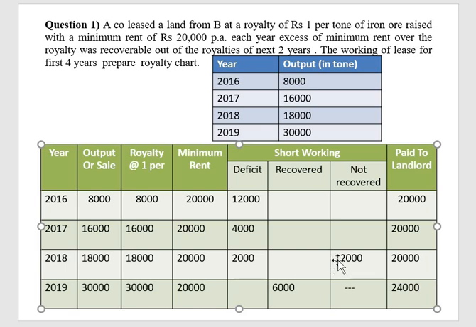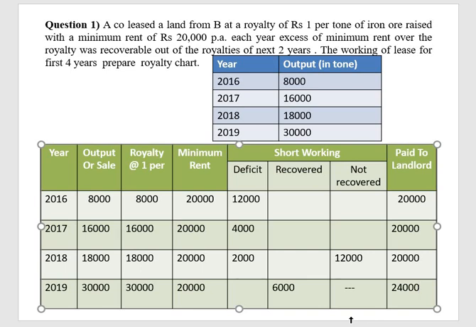So in the next 2 years, that will be irrecoverable. Irrecoverable is nothing but not recovered: 12,000. Sir, what about 4,000, 2,000? To recover the 4,000 rupees, there is time in the next 2 years, so I am not recording it in not recovered. Is it clear? So there is time to recover the 4,000 rupees. Why? Because for the 2017 loss, we have time to recover in 18, 19. Even if you do not recover in 18, 19, in 2019 it will become irrecoverable. Same thing: if you do not recover the 2,000 rupees loss, then it will be irrecoverable in 2020.